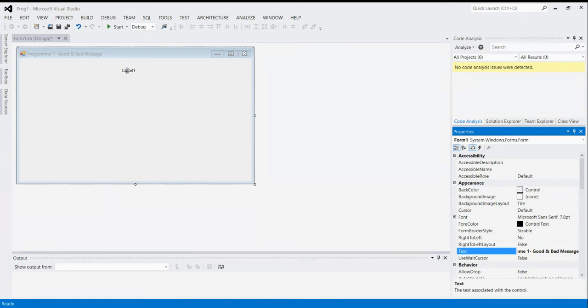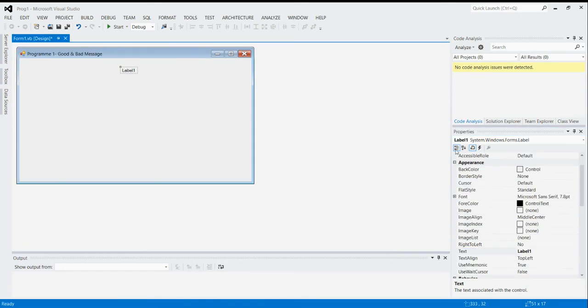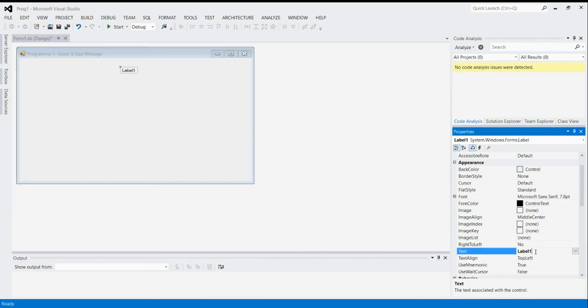In the same way, when I select Label1, the Label1 properties window appears over here. In this Label1, I have to again change its text.